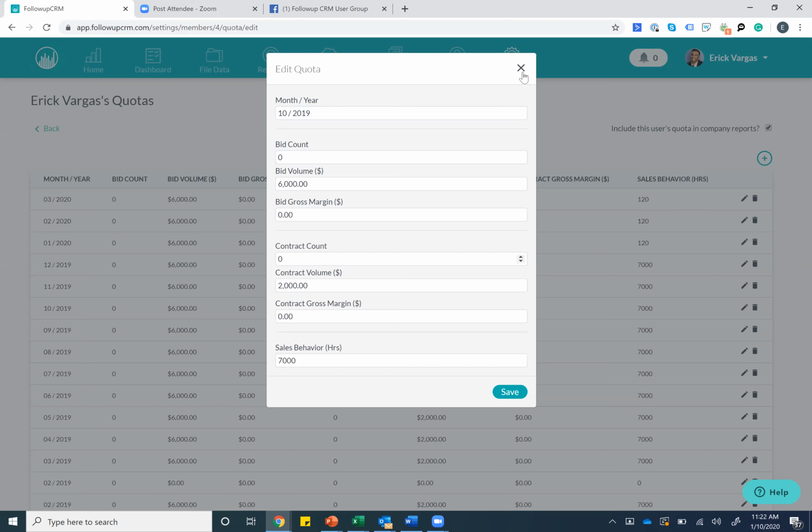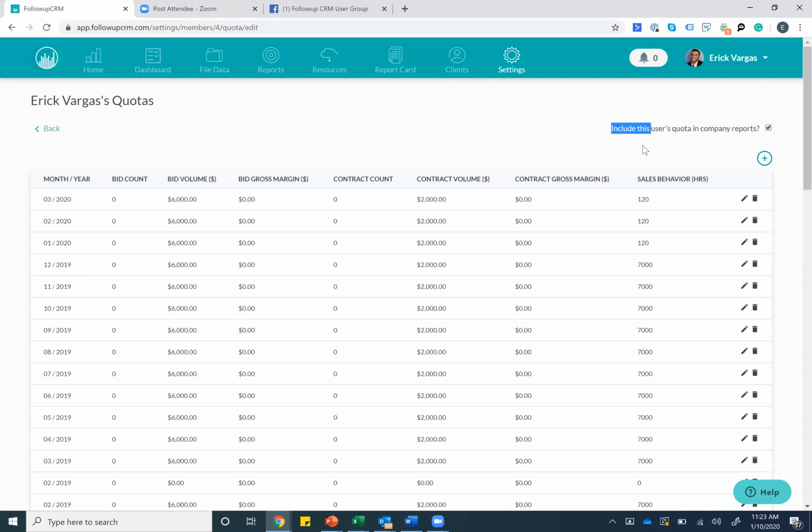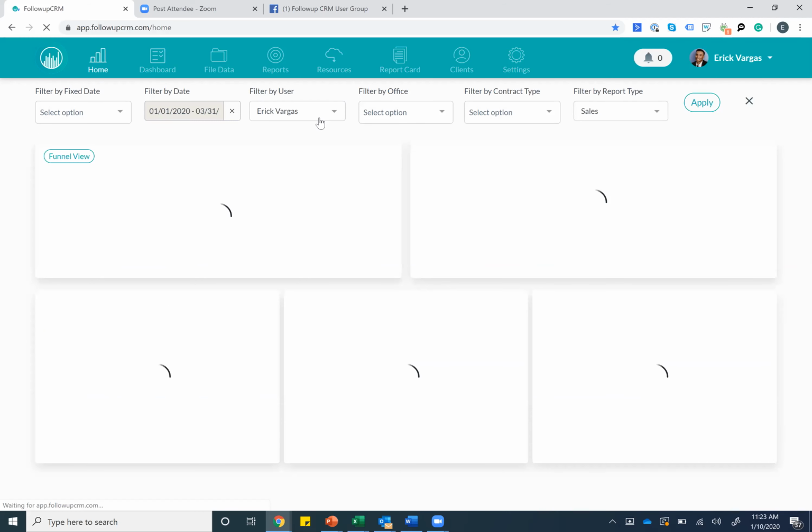You click save, and then you have this little section here, include users quota into the company quotas. So your company quota is the accumulation of all your people within the system rolled up into one view, the company view, or the office view, or the division view, right? So all of your people are rolling up into one view so you can get the full big picture of what's going on. So taking that back to the home page here,